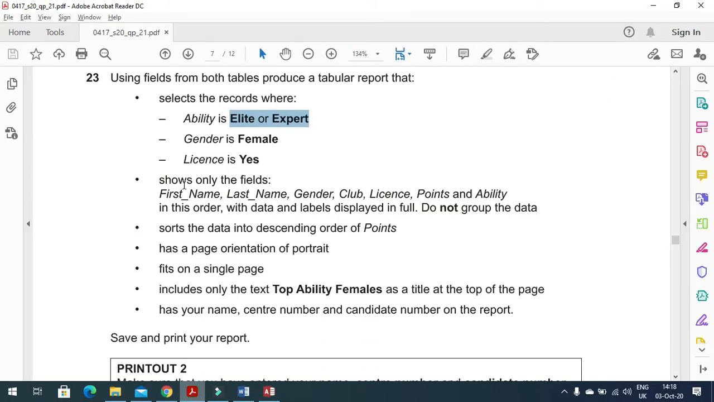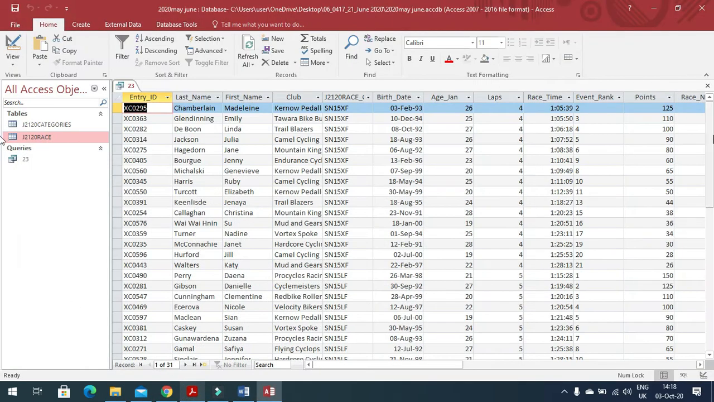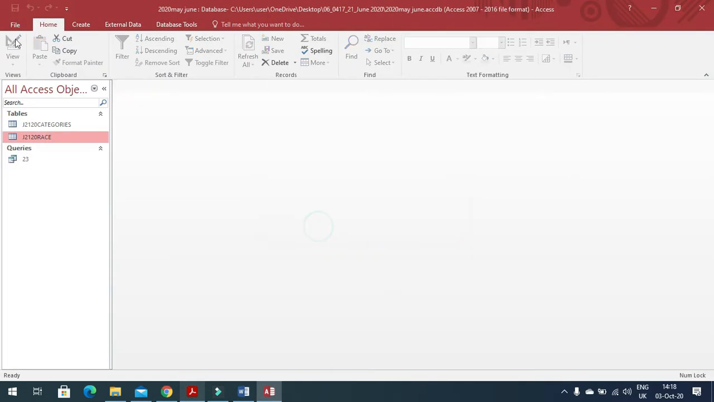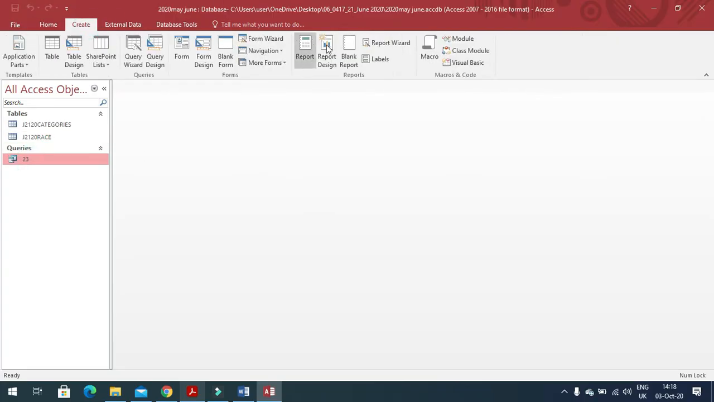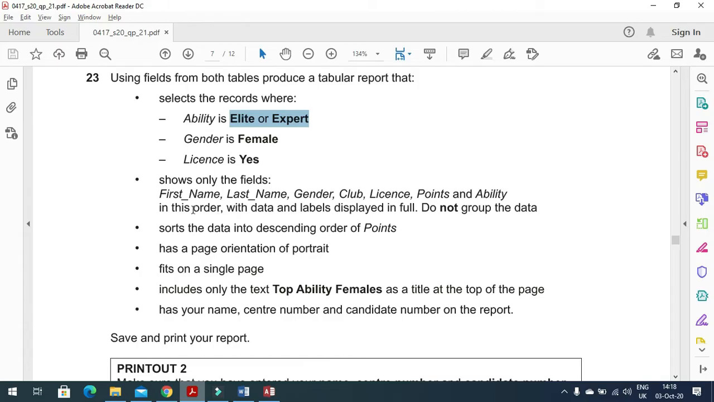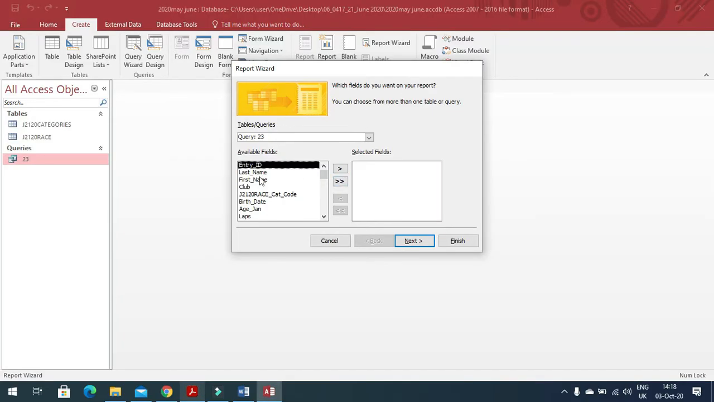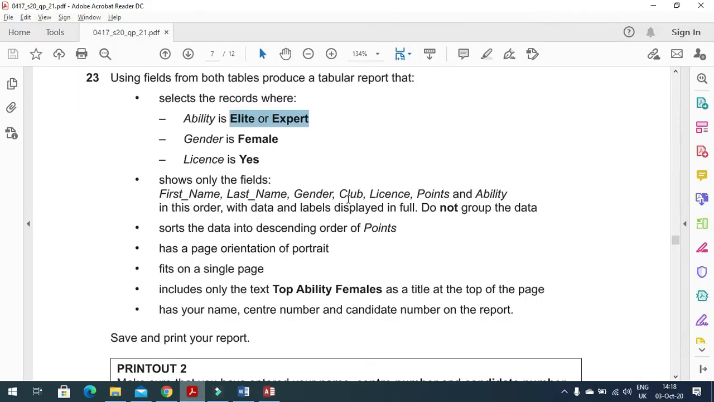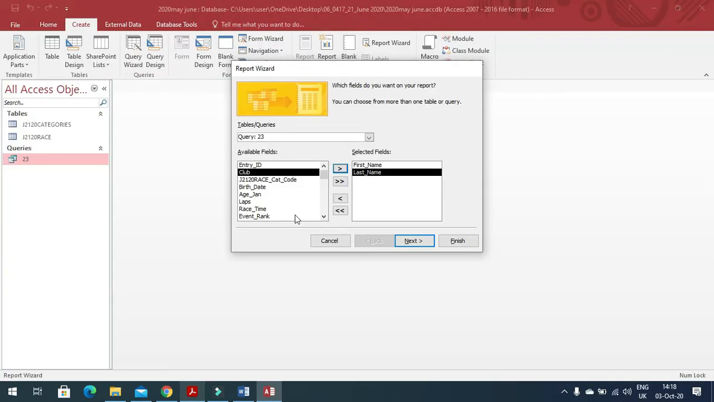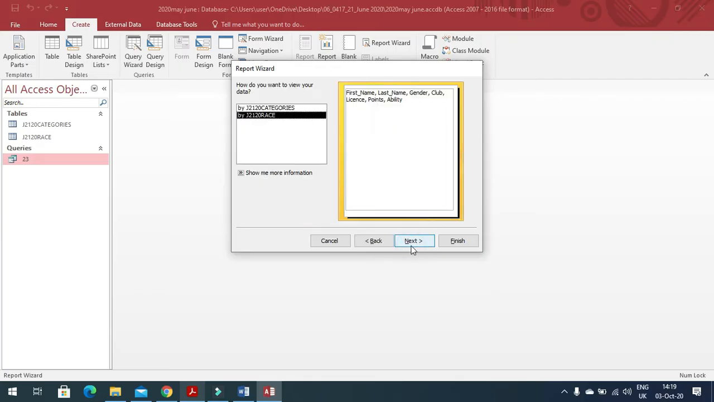And now next step is to show only the field, means you need to produce the report now. So close this one, save, produce a report now, choose the field, first name, last name, then you need gender, club and license. So gender, then you need club, and then the license, and then we need points and ability. So points and ability,